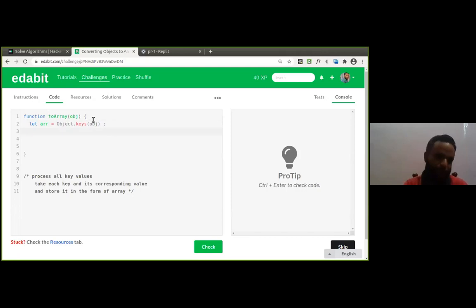In the previous example I used forEach, you can apply that, or you can use map also. Map is a good function that will process each element in an array, and we can do whatever with that, and it will return an array again. In our case, we need an array, isn't it?